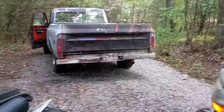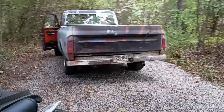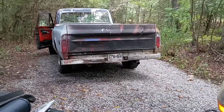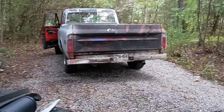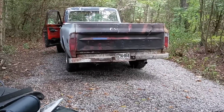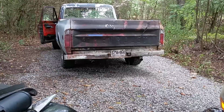Because what happened is mud daubers and everything got in that little vent tube that goes above the rear end. It's got a little hose. And it couldn't breathe. And when you're driving it, it blew the seals out. Literally. I was kind of scared that it done ruin the axle housing. Because I was scared that seal would, you know,